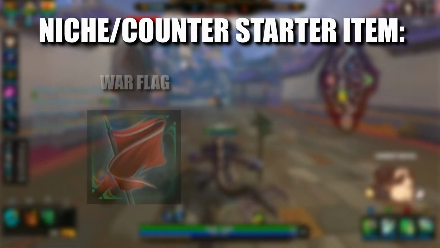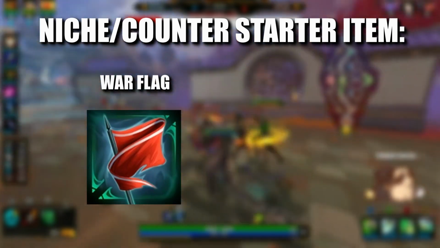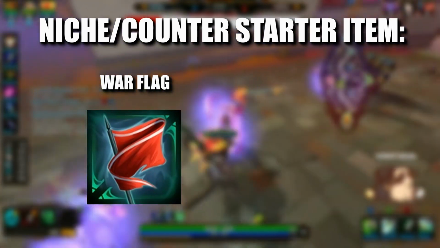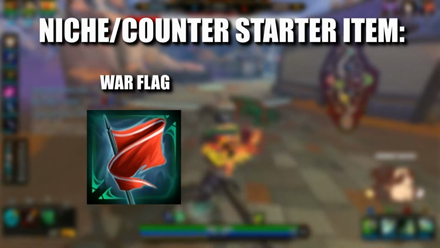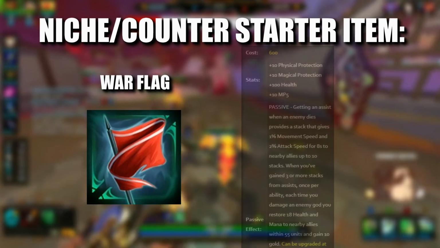And the last one is War Flag. I was tempted to put this one in the essential list at the beginning due to it having really good base stats and having a passive similar to Sentinels. However, very few people buy it, which doesn't necessarily deem its worth, but definitely makes it a less popular item you will see. Also, it's not as good as Sentinels, but looking at its stats, it has 10 prots, 100